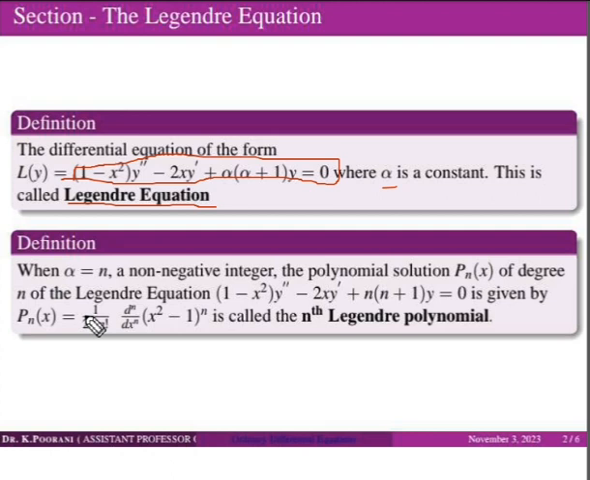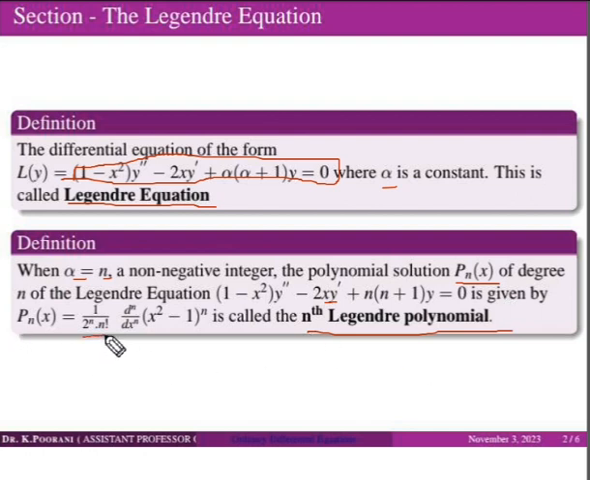Another definition is the Legendre polynomial, that is, the nth Legendre polynomial is the solution of the Legendre equation. When alpha equal to n, where n is a non-negative integer, the polynomial solution Pn of x of degree n of the Legendre equation (1 minus x square) y double dash minus 2x y dash plus n into (n plus 1) y equal to 0, because alpha equal to n, is given by